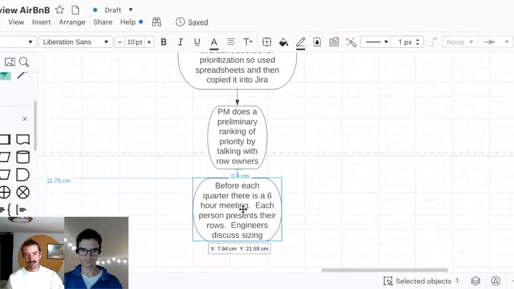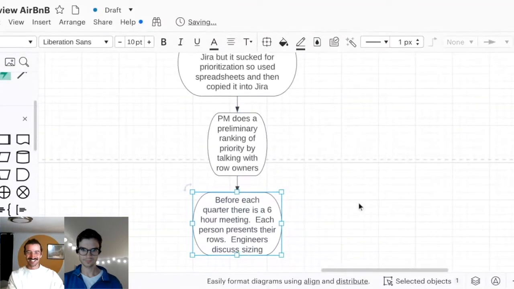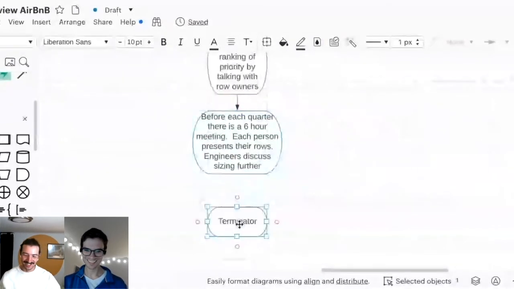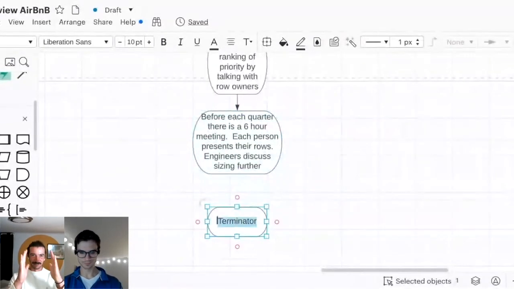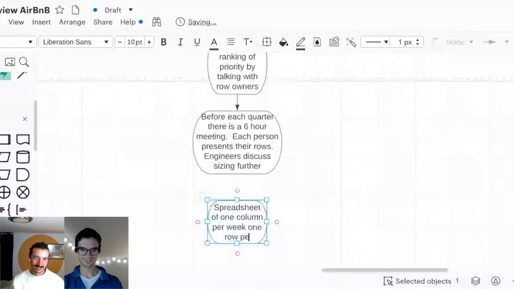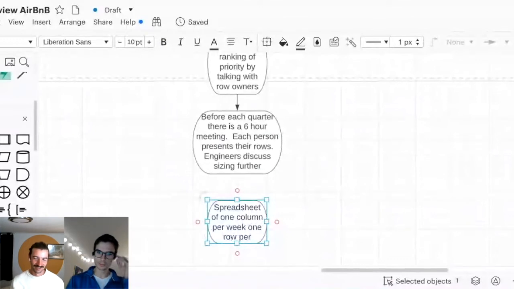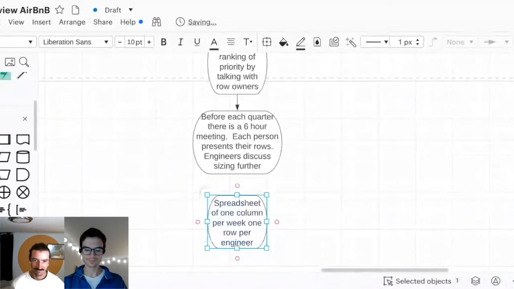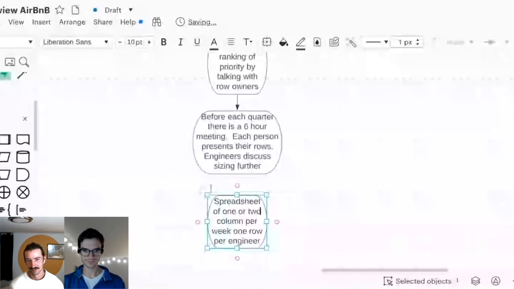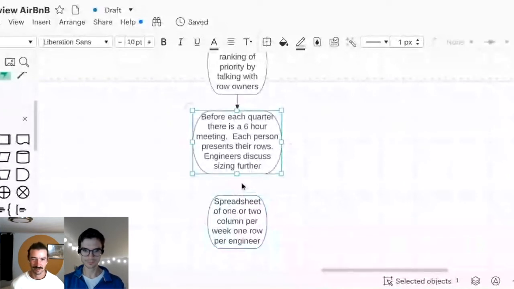Yeah. So once you have this, then we have a second spreadsheet, which honestly is a great product opportunity for somebody out there. But our second spreadsheet was literally one column per week, one row per engineer, and you just put a project into each cell. Yeah, maybe two columns per week. But basically, what are you going to work on that week predominantly? Which of these projects?